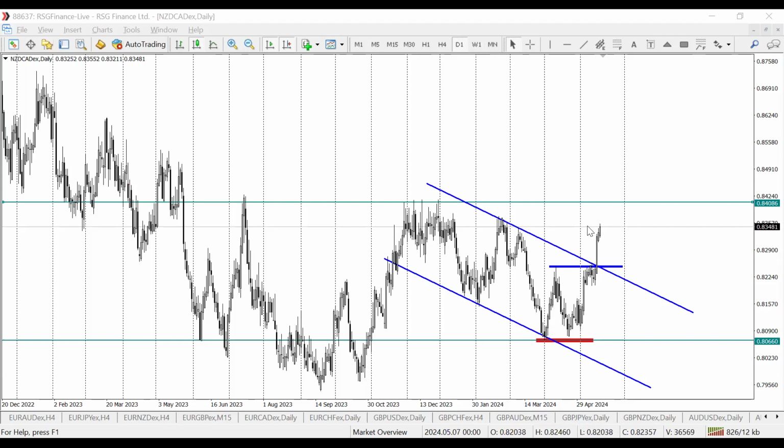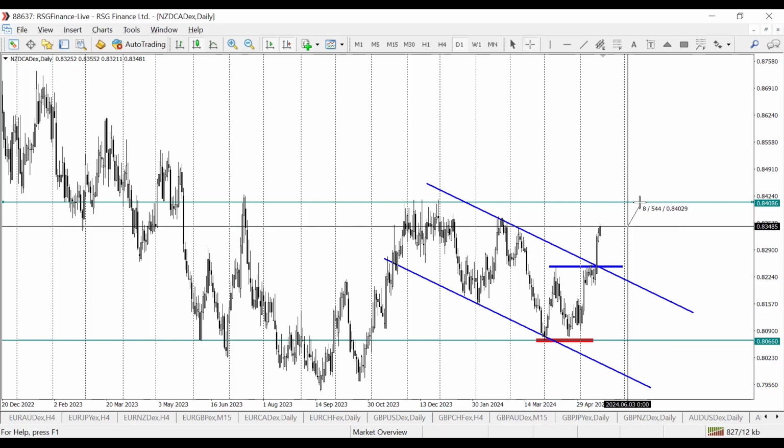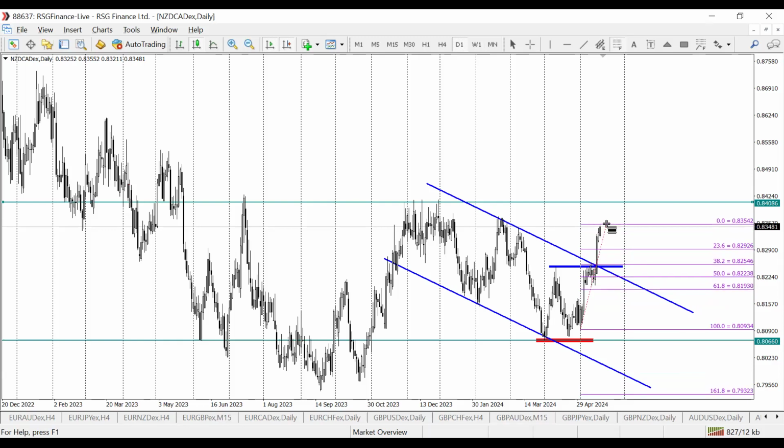So what we expect from the New Zealand dollar is a further rally to the upside. In the interim, the technical target right now is the 0.8408 level. This is my target, but who knows, are we going to get a sell-off before the interest rates so we can find a good entry towards the 0.8408 level, or do we just continue to rally up towards this level? Now the target is just about 59 pips, so this is not a good risk to reward ratio. If we're able to get some level of correction, this will be fantastic for me.